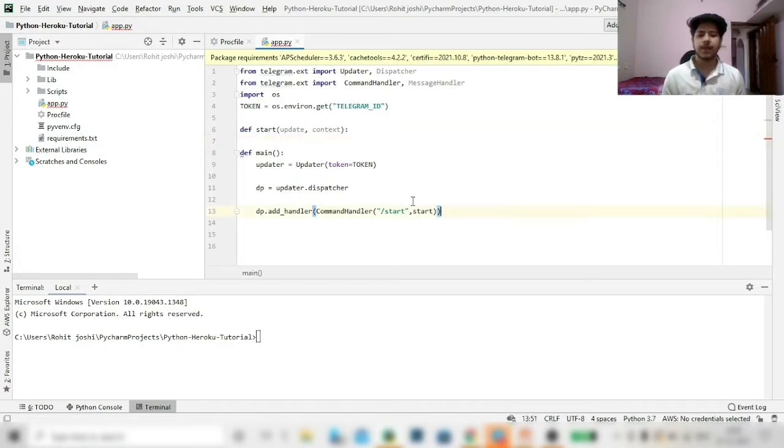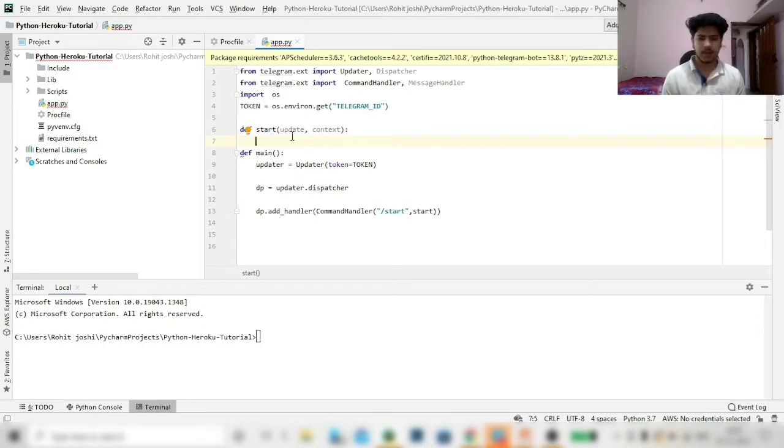Let's say what we want in start: every time you start a bot, or basically you send any message, Telegram will send a JSON response to your bot, and that JSON contains the update ID, message, your details basically. So let's say we want to see what those details are, and on startup we want a greeting.